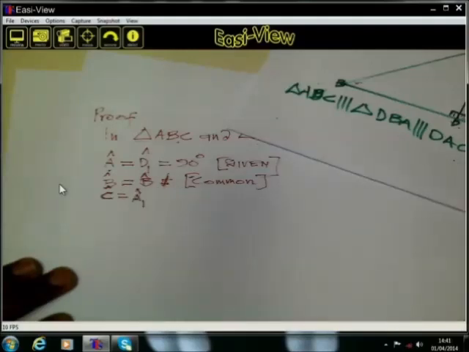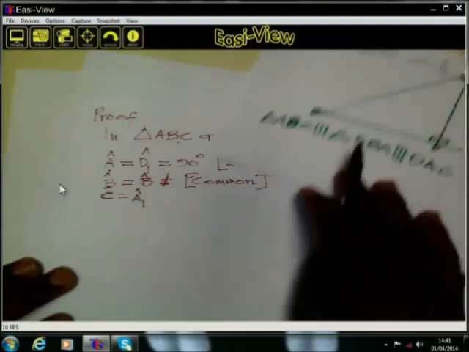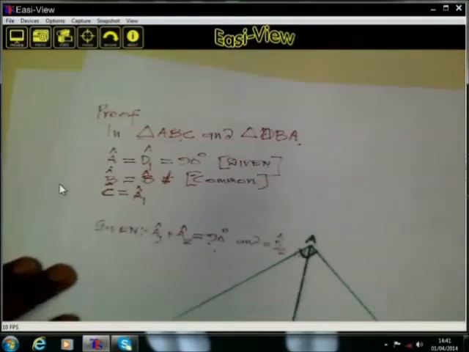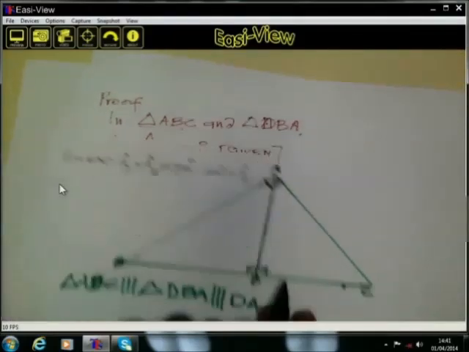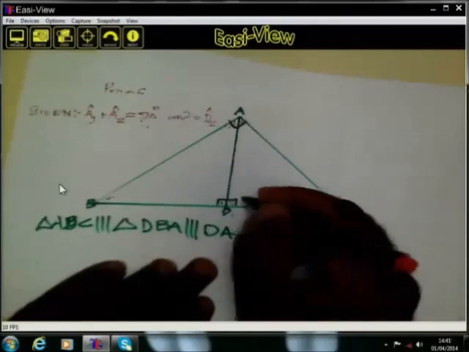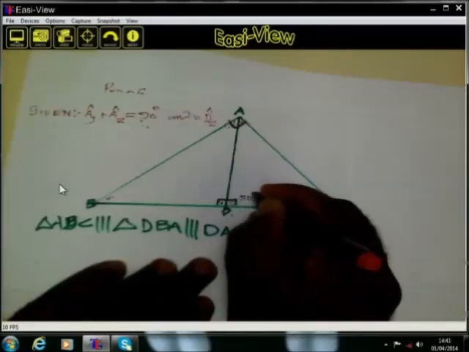That is, this angle must be equal to that. Maybe people may not understand the reason behind it. If this angle is 90 and this one is 90,